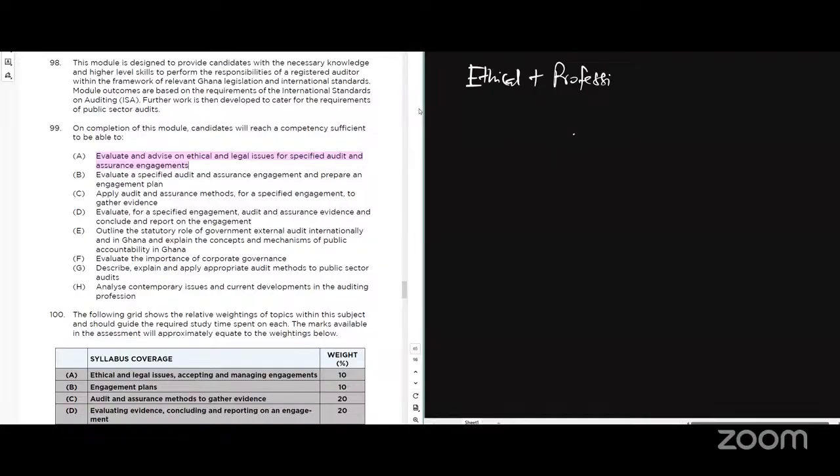So it is ethical and professional issues, right? And in the exam, it will be difficult for you to split the ethical and professional issues, though there's a clue as to what ethical issues will be and what professional issues will be, right? So typical issues include things like what? The fundamental principles, right? Mostly, I tell students that this is the part of ethics that is mostly ignored. So the fundamental principles which have been breached in a particular scenario. So you are looking at what? The breach of a particular fundamental principle, whether objectivity, integrity, confidentiality, whatever it is, right?